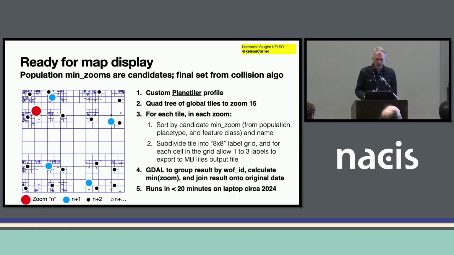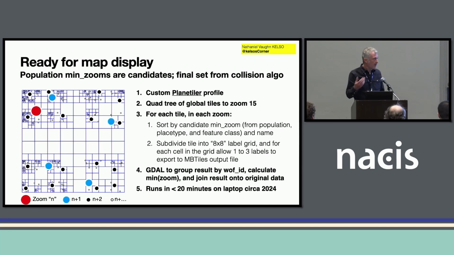I created a custom Planetiler profile. Planetiler is a new piece of software. It's written in Java. It's made for tiling OpenStreetMap, but it allows lots of different alternate profiles. So I wrote one that takes the CSV file in as a GeoPackage, and for each of the tiles, it shuffles them up and says, let's order these features, and a tile is kind of big, so let's subdivide it into 8 grid cells, and for each of those subgrid cells, what's the biggest, most important city here? So it does it for all 15 zooms,